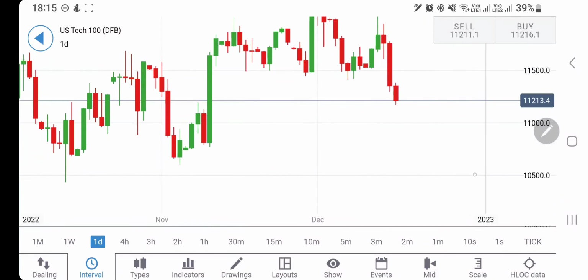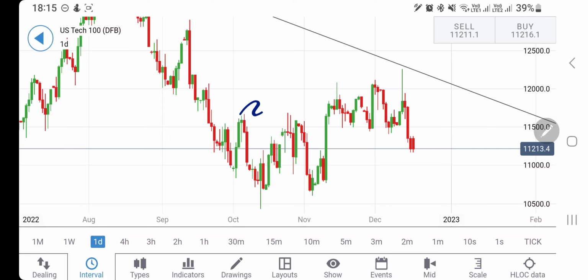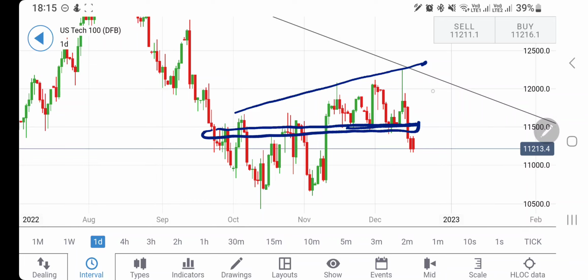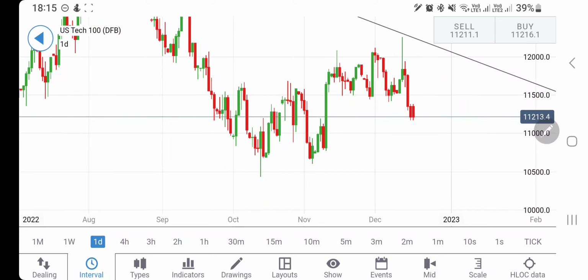Now let's have a look at the daily charts. Now look at the daily charts here. Yes, 11,500 so far has provided it a very strong support. This time it has breached below 11,500, 400, and that is definitely a good indication that it is trying to trade bearish on the daily charts. So it has in fact achieved a close below 11,200 levels, which is definitely the next stronger support.